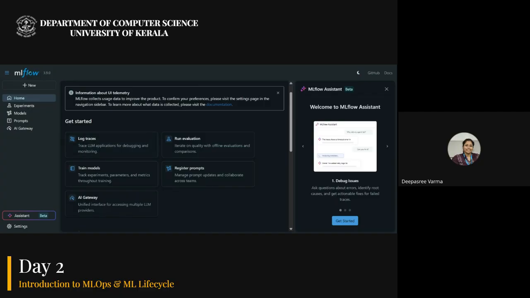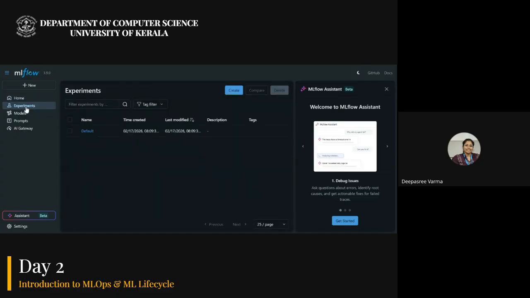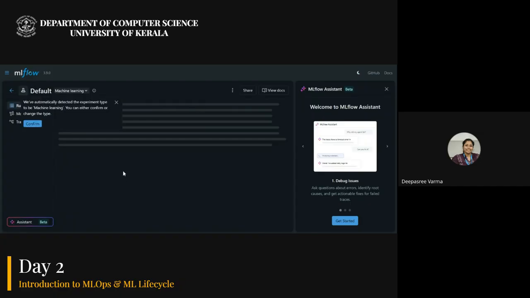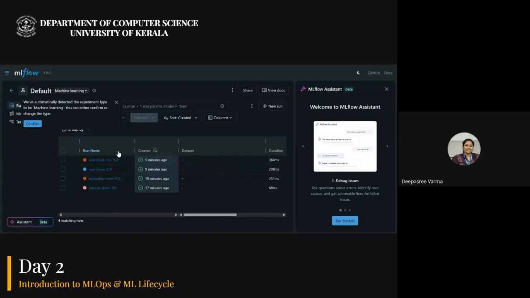You can see it is a local host page, 127.0.0.1:5000. So it's a local page, but we can see our experiment here. Just clicking on experiments, you can see default, and inside default, if you remember, I did 4 experiments actually.